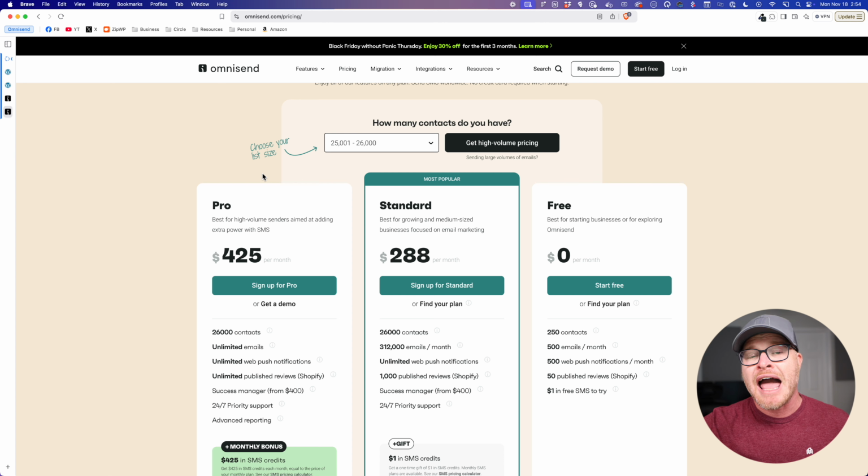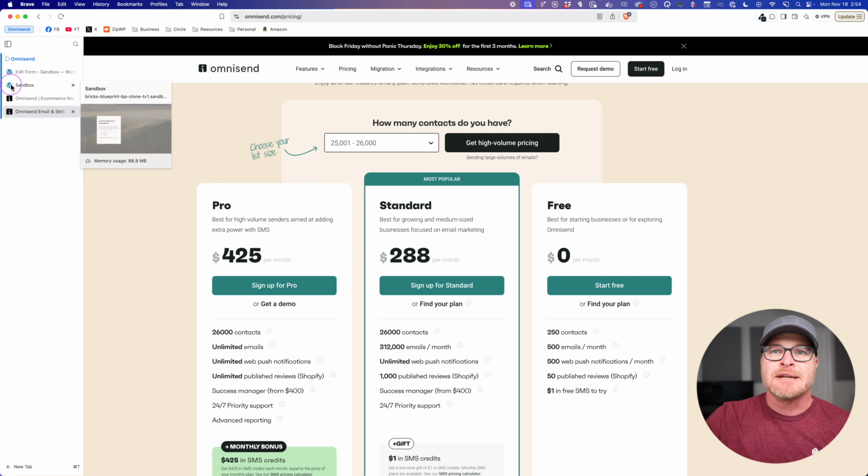Does it have the actual features that you need? For example, does it track the conversions properly? Does it track engagement properly? Does it have a tag-based system and a segmentation-based system? That would be one other thing. I'm sorry, I'm all over the place, right? I did tell you I would show you how to set up segmentation, right?